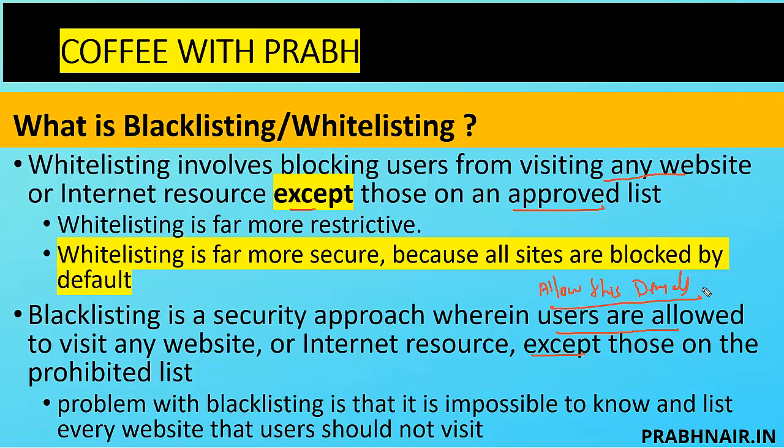An example is, you can browse google.com, your banking website, the company website, but anything outside of this range, you get an error. So that is called whitelisting, which is more restrictive and more secure because all sites are blocked by default. But in blacklisting, we say